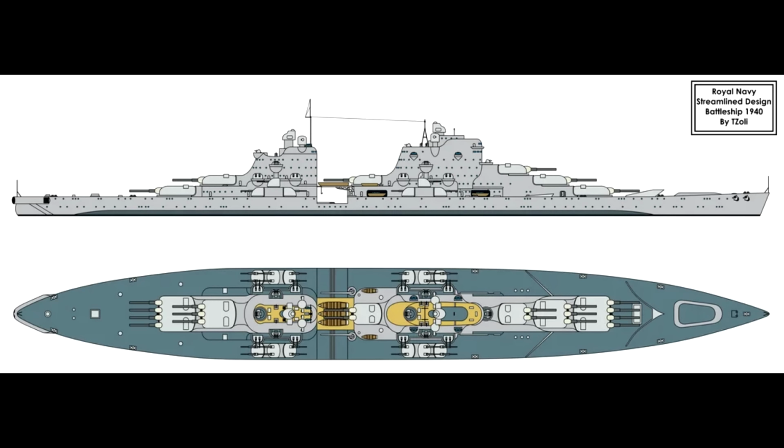And here's roughly what the thing would have looked like, thanks to Solly, if it had actually been built. And actually, when I was looking at this picture, which obviously translates it into a side-on and top-down view, I noticed something else that is a bit concerning, which is that there is very, very little scope for light and medium anti-aircraft guns. Yes, you've got an octuple or quad pom-pom, I think it's an octuple, forward of the bridge,